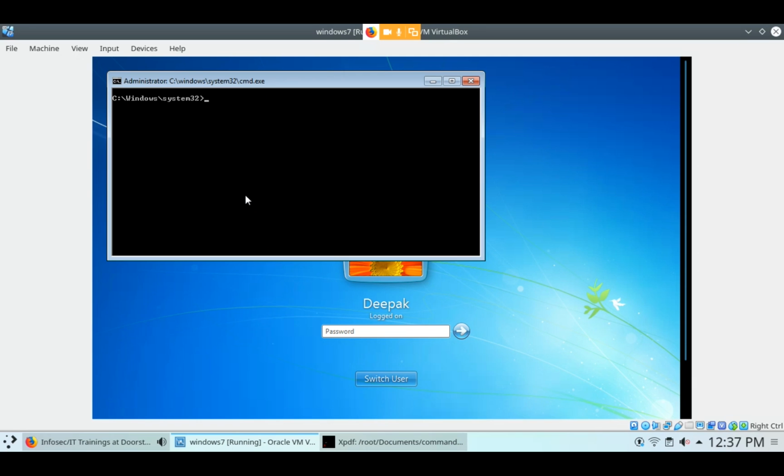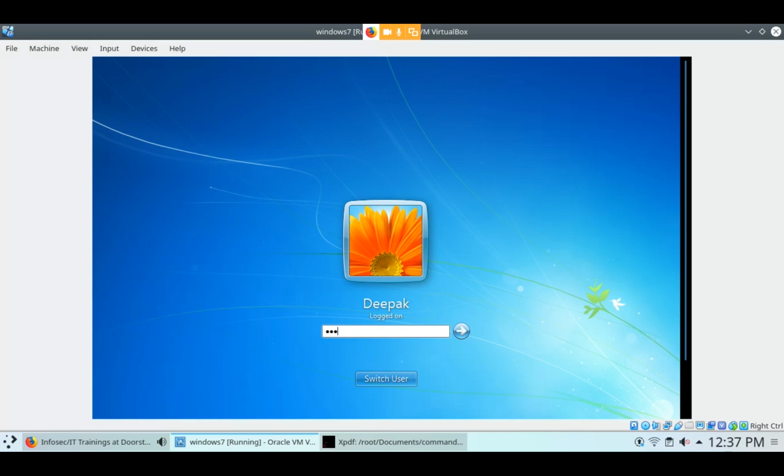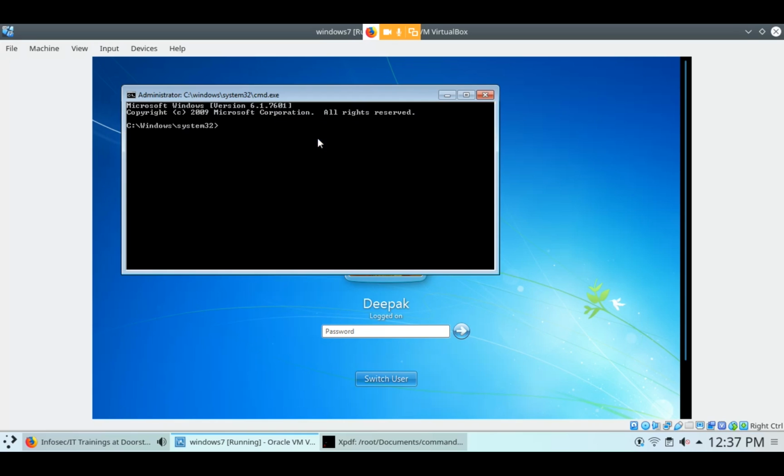Here first of all you have to create a user. Net user Harish. Okay, I am creating a user. After that I will give this user administrator privilege. Net user Harish slash add. Oh, sorry, I have to reopen again. Net user, the username is Harish, slash add. Okay, is there any problem?